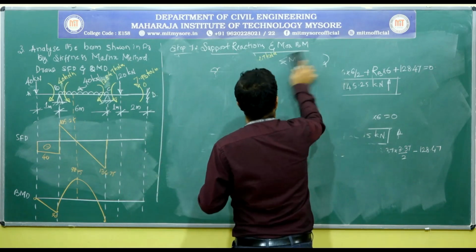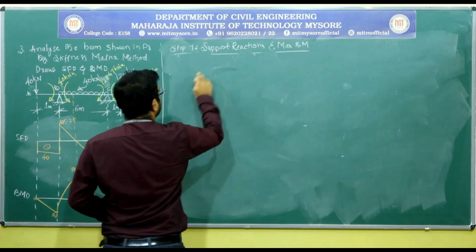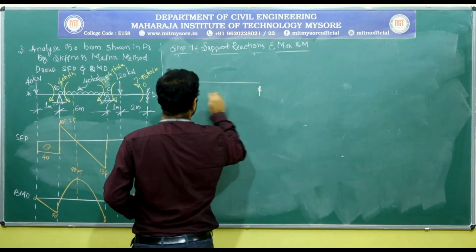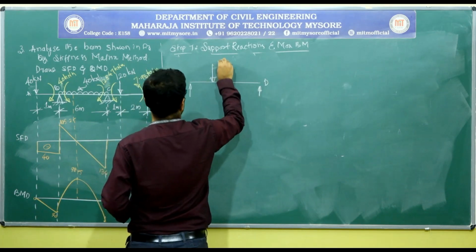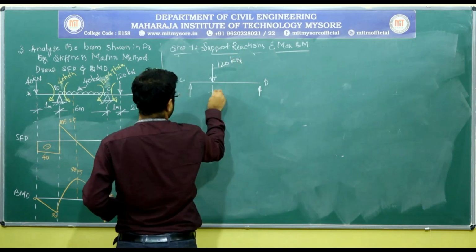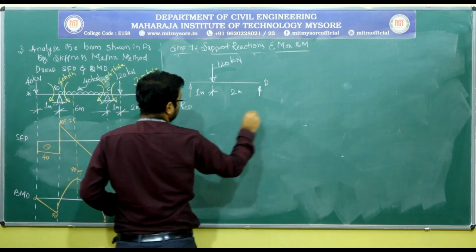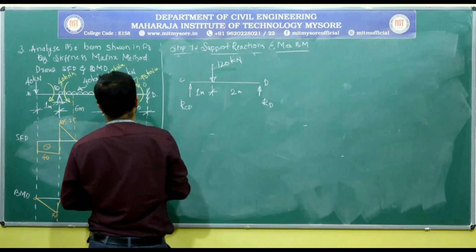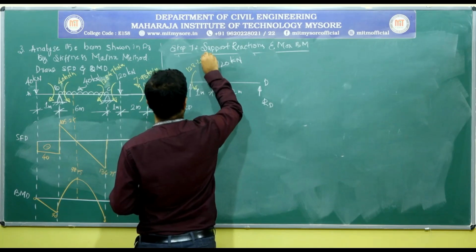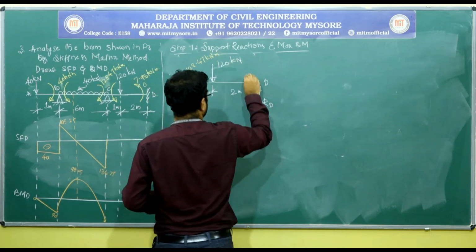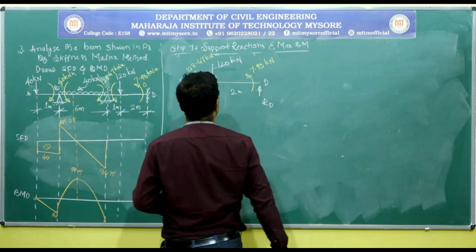Now similarly, I need to repeat it for the next span, that is for span CD. Okay. So let us repeat it. So if I repeat it for the span CD, let me consider this span CD. This is span CD, where we have a concentrated load of magnitude 120 kilonewton, which is at a distance of 1 meter and 2 meter. Let us say this is RCD and this is RD. So here we have two moments, one is 128.47 kilonewton meter, and another one is about 7.93 kilonewton meter, right.